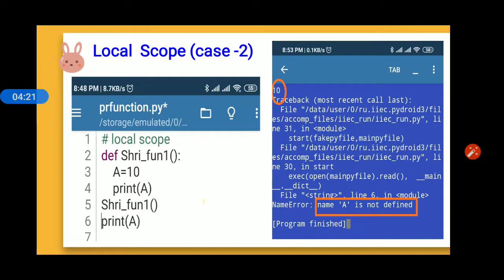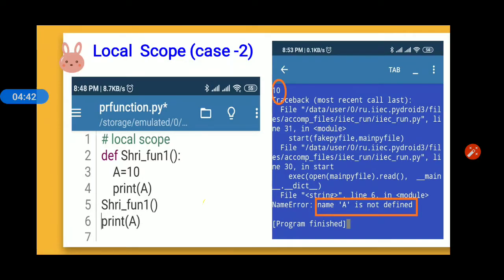But when you want to execute line number 6, that is print a, since a is a local variable defined inside a function, that means this particular variable cannot be accessed outside the function.